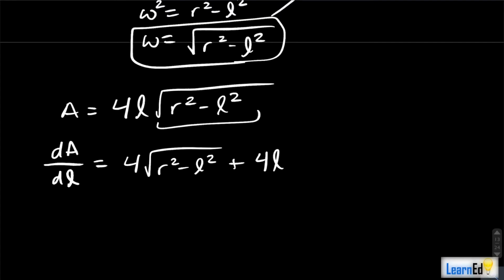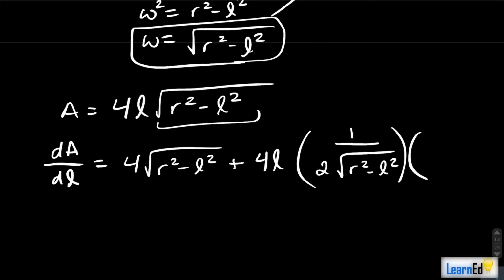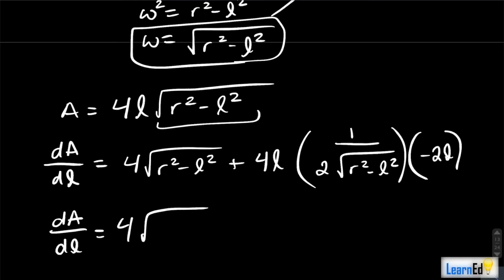Doing that, we actually get 1 over 2, the square root of, instead of x, it's now going to be r squared minus L squared, we just multiply by the derivative of the inside. Remember, r is a constant, so the derivative of it is 0. The minus L squared, the derivative of that is negative 2L, and that's what goes on the outside. So combining this all, making this a lot nicer, we get 4 the square root of r squared minus L squared, and we get